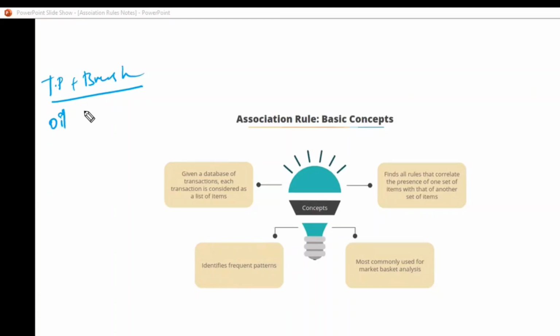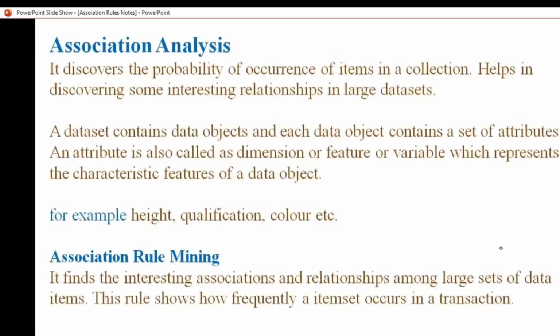Which is the best combination? Or, for example, with respect to some ghee of 1 kg, which one goes with it? So something will be there, right? Those patterns we are going to identify based on the given data set. So we are identifying the unique patterns, the frequent patterns. Frequent means the most repeated patterns in the given transactions. We are just identifying them, and from that we are going to make the business.